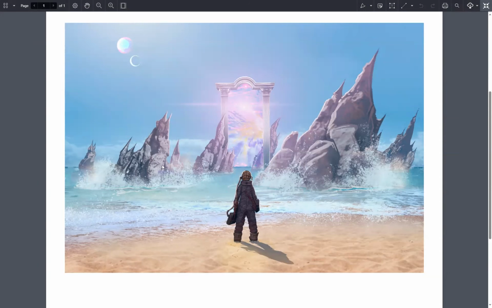Because that's casting this shadow, right? So there are some discrepancies. This part here is fine. This character, as far as lighting goes, is okay. It's just these rocks right here. The light's coming from the wrong side. And quite honestly, these rocks over here, I would just kind of